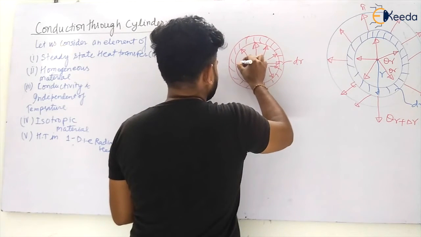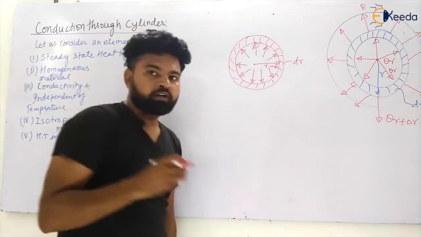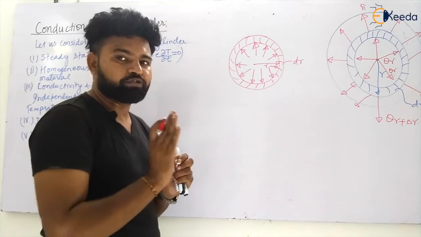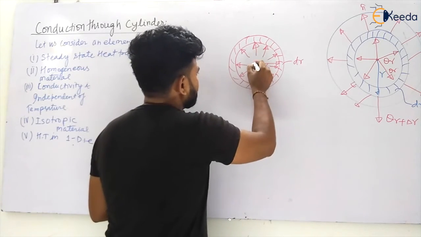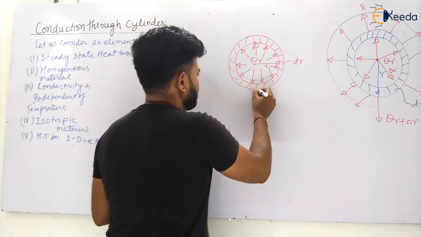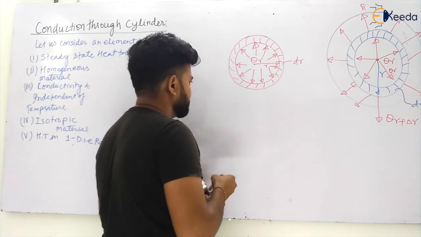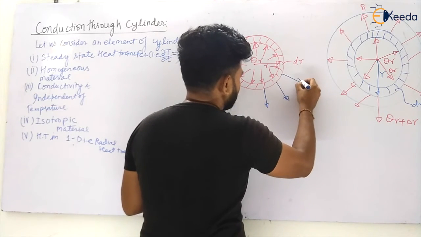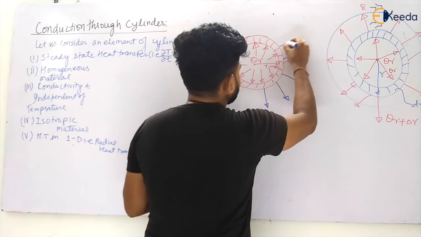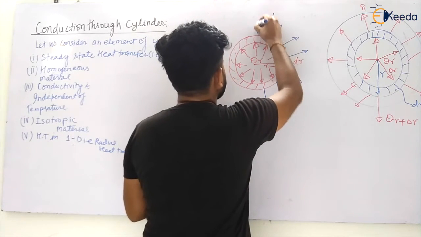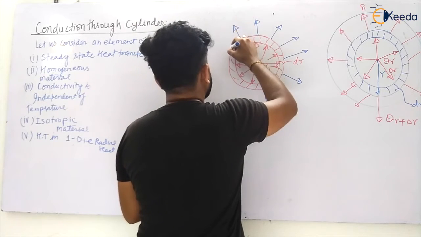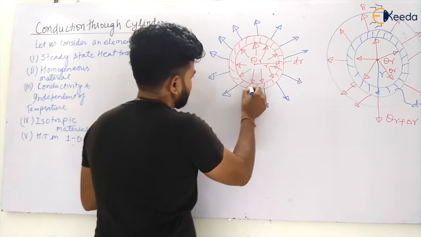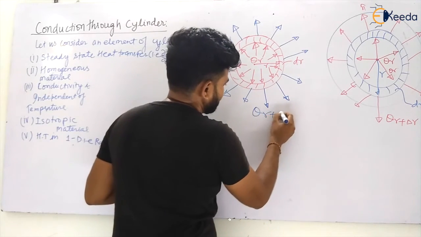There is a heat transfer like this. So the heat transfer which is coming to the element, in that direction I have shown you at the start, is Qr, and the heat transfer which is coming out from this element is Q(r+dr). So this will be your heat transfer in this direction, my dear students, radially. Okay, so radially there will be heat transfer. Very good. Now see, this will be your Q(r+dr).